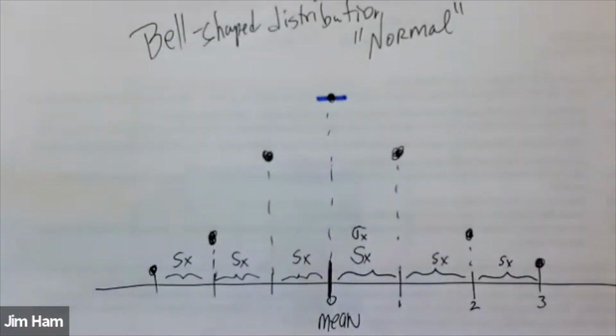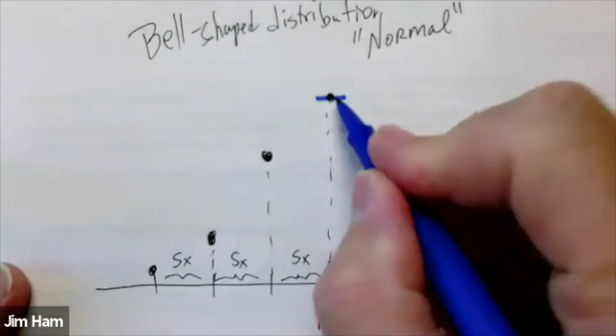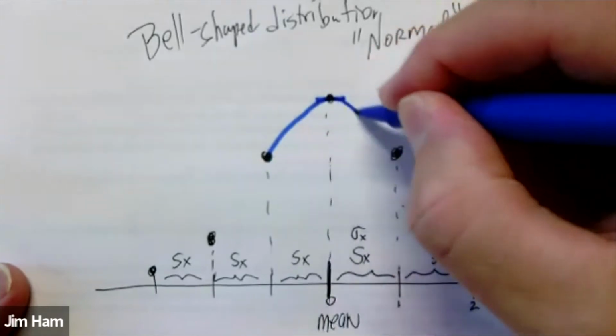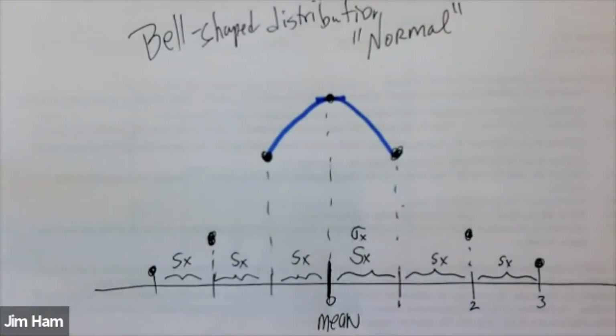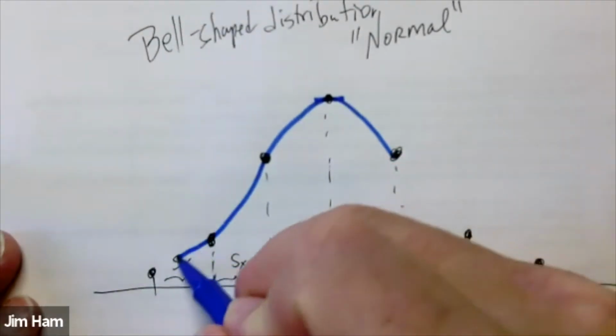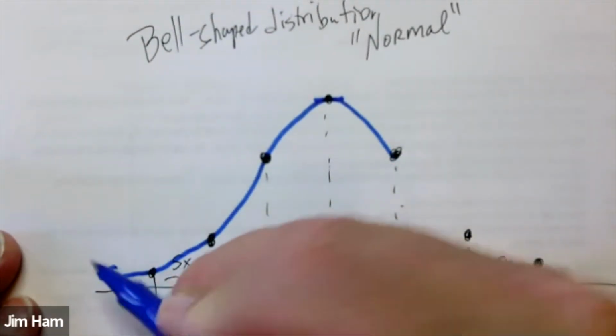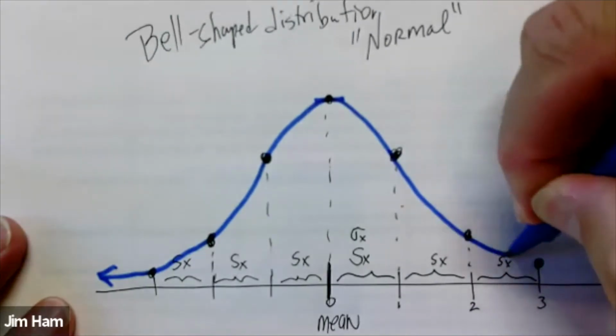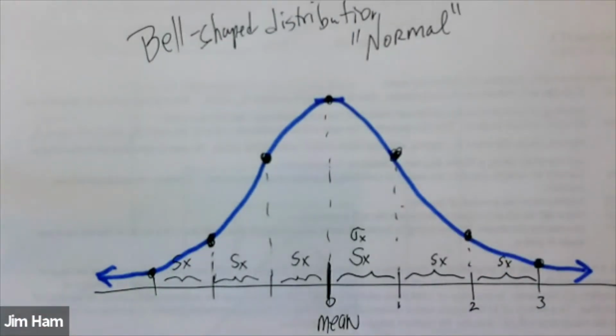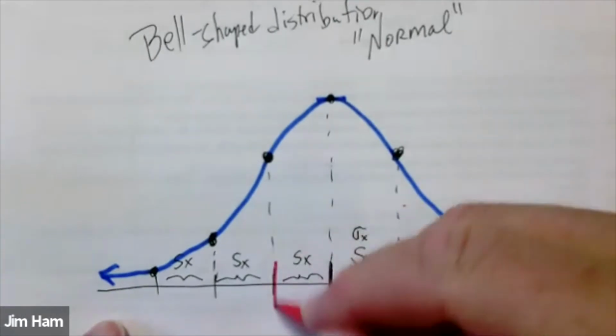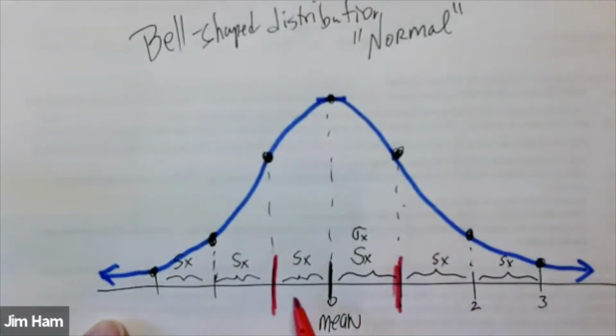You want the curve to be flat on the top, concave down, and then the concavity switches like this. And you want to make sure that you stay above the horizontal scale. And this is what the normal curve looks like. And it has certain properties. And the properties are that if you go within 1 standard deviation of the mean,